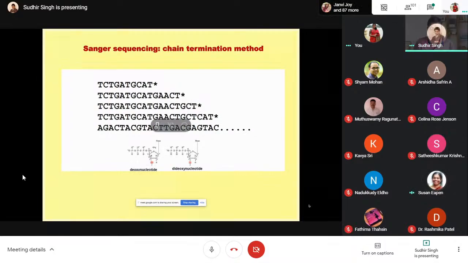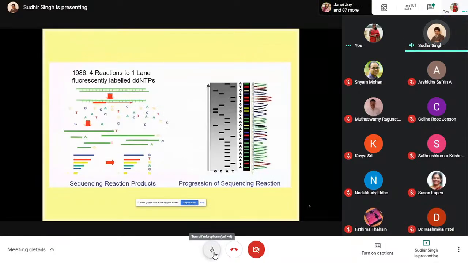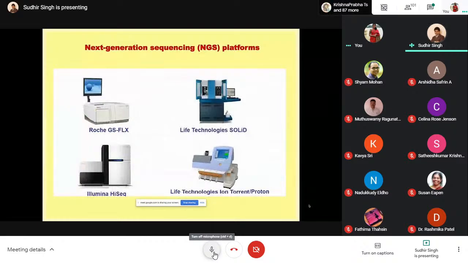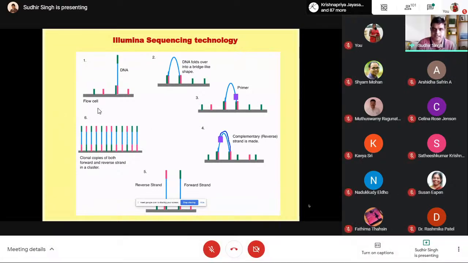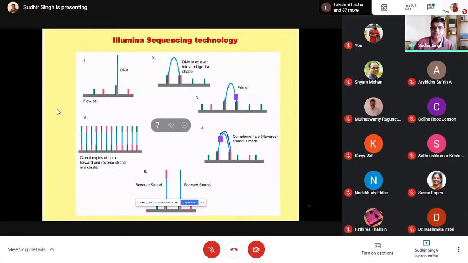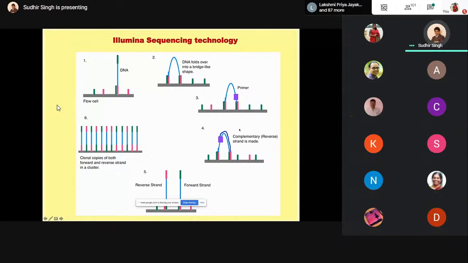Okay. So in this platform, the term used is sequencing by synthesis. NGS is also called SBS. That means the sequencing will keep on happening and you will keep on observing or capturing the data. It will take a lot of time to explain this technology, but in brief I can tell you